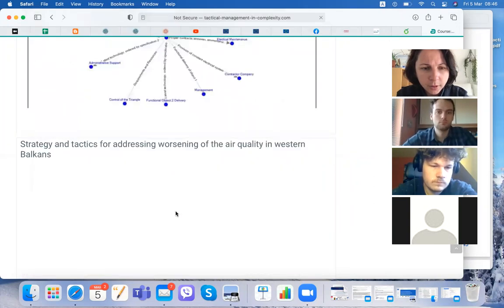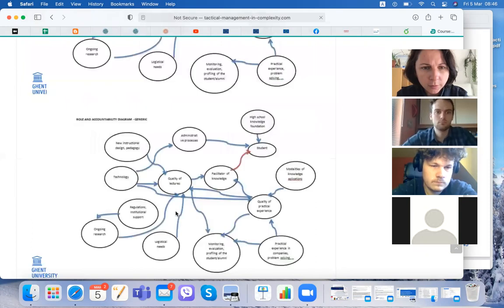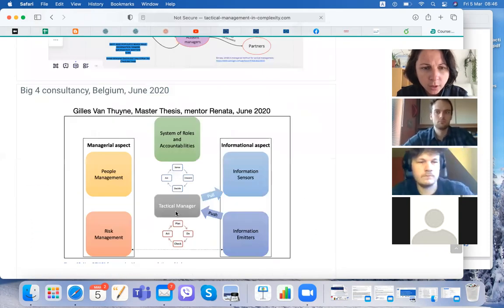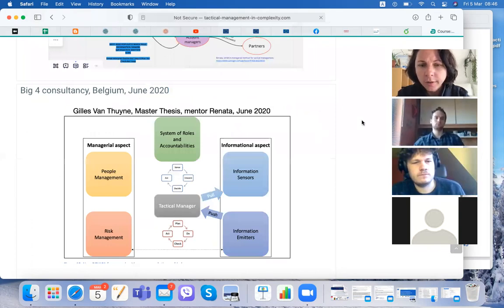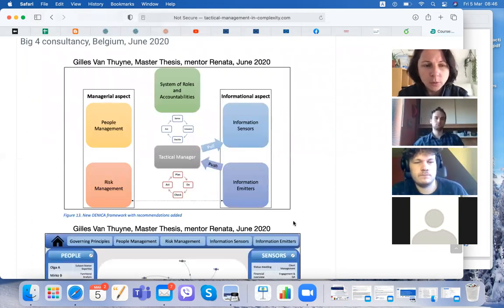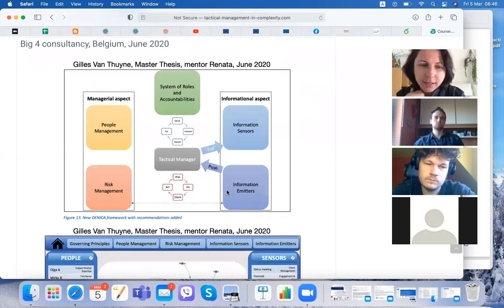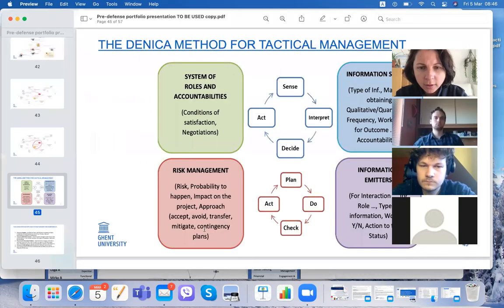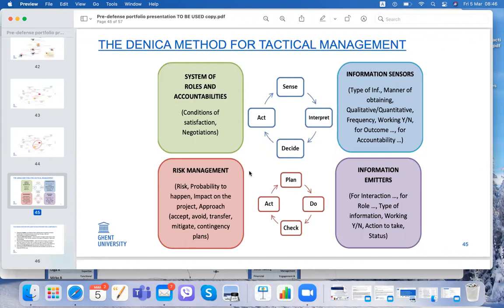So I will talk in parallel, because that's what we did with Gilles as an improvement. He was also your colleague doing a master thesis with Deloitte on implementing the Danica method, and trying to enhance it with my help and support, of course. So here I started to say these are the components of the Danica method, because they need to be very easily understandable. And then when you go from there in depth, you will learn what you need to do. But in principle,